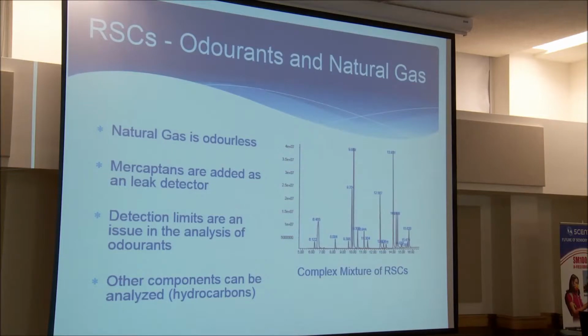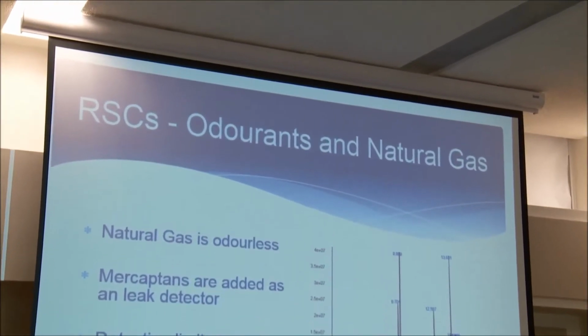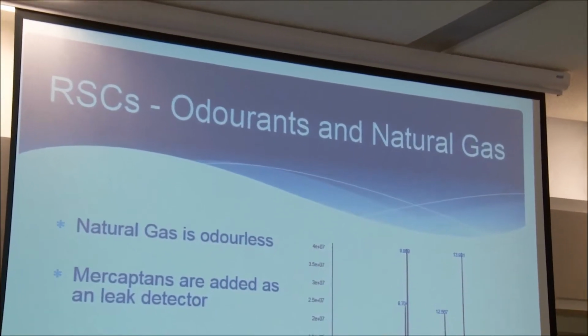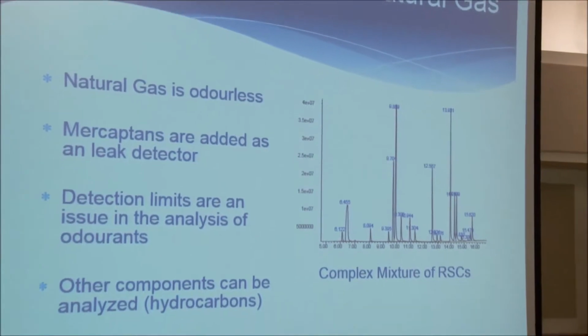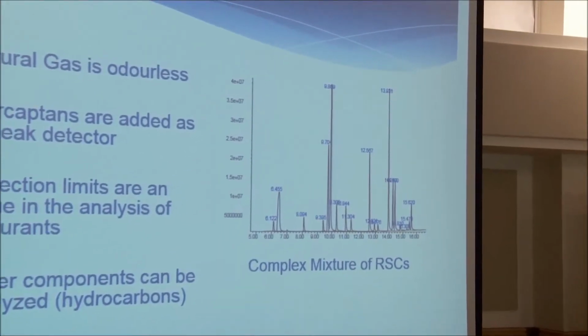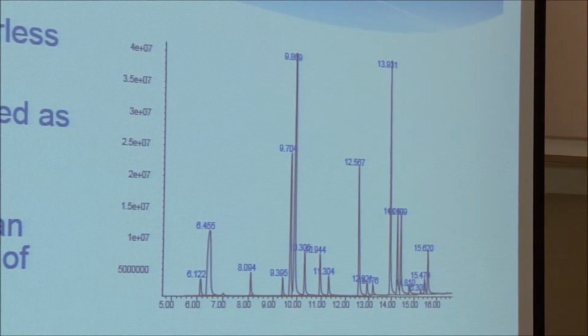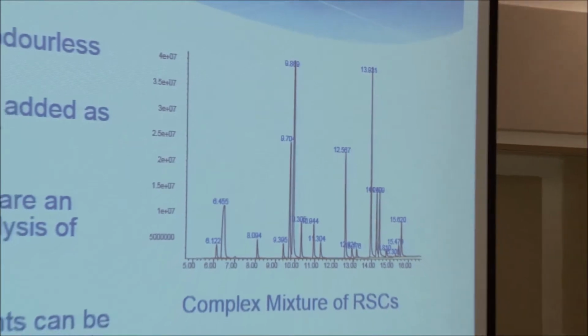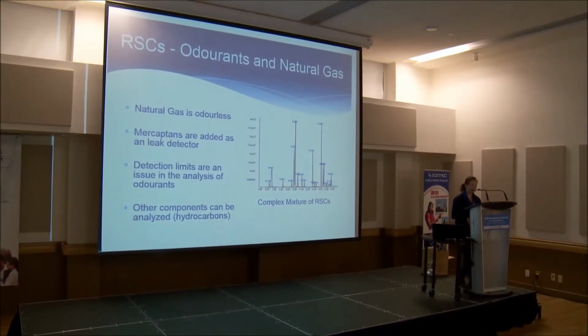So I'm just going to go into some examples now of some of the applications, of what you actually do with this data that you now have. So if you look at reduced sulfur compounds, it's always added to natural gas. There are specific mercaptans, such as tert-butyl mercaptan and isobutyl mercaptan, that are added to natural gas as an odorant,